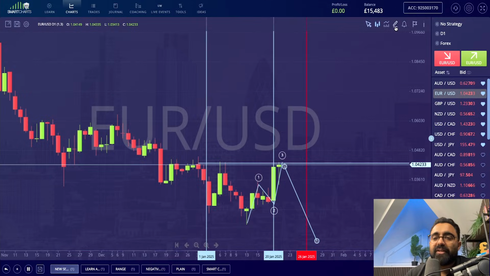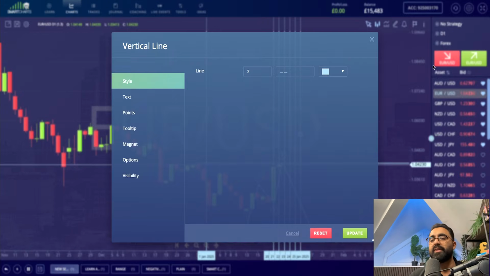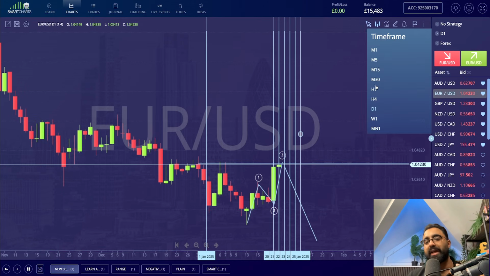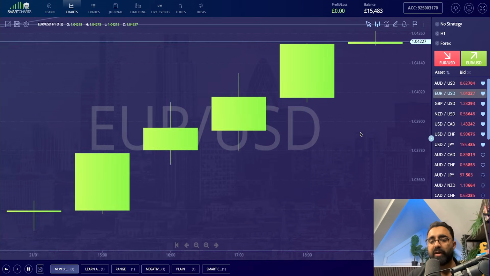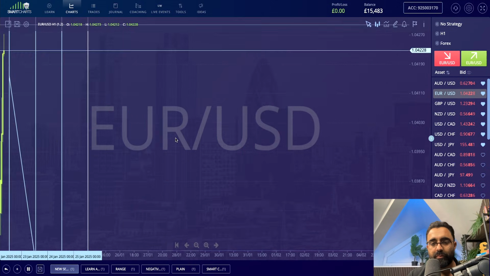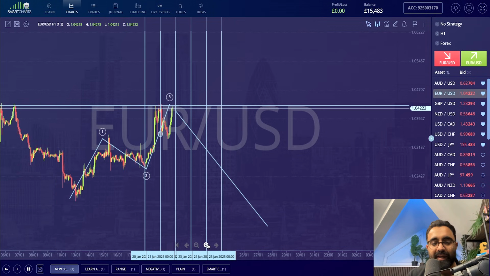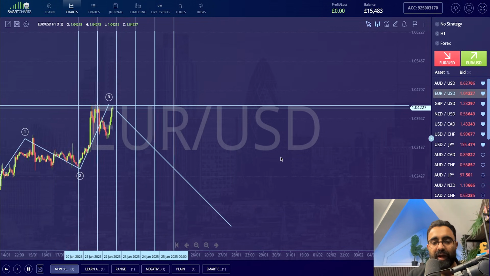Now, if that's the case, another little tip is to get the vertical lines and snap it. So Monday, Tuesday, Wednesday, Thursday, Friday, and that makes a week. So we put that there. The reason why I do this, if you're going to be an intraday trader, we jump straight down to the 1 hour time frame. Now, if you look, you've got a visual representation of where you can begin organizing yourself and filtering down the